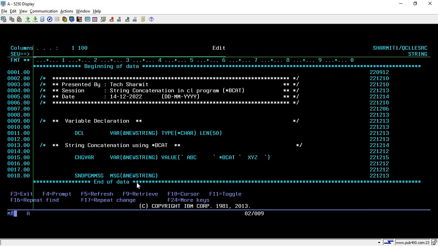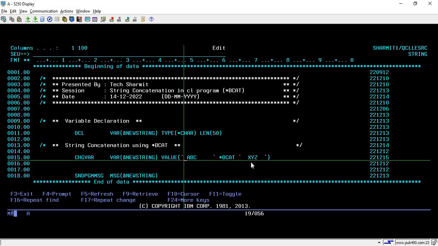We have already discussed the *CAT operator. What the *CAT operator does is combine both strings as it is, and it doesn't change anything here. But if we talk about